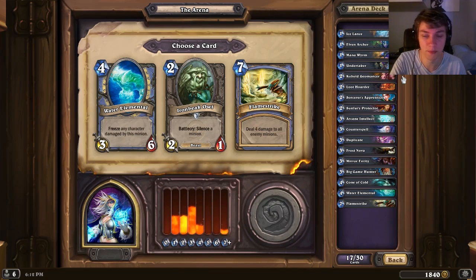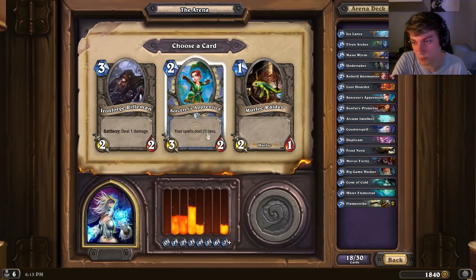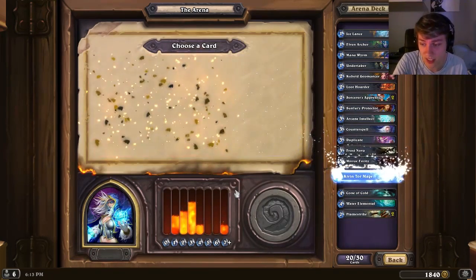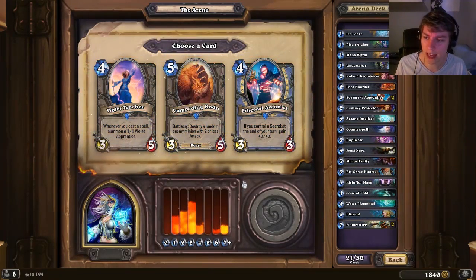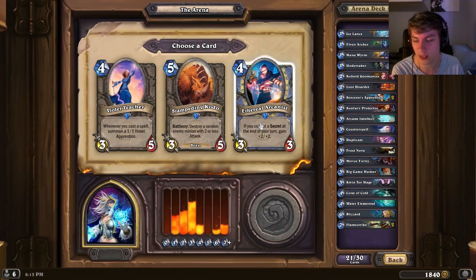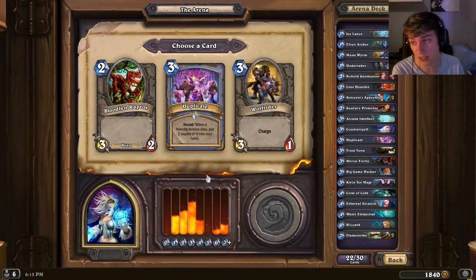Flamestrike. I don't really have to justify myself there. Flamestrike and Sorcerer's Apprentice, just because the other ones are not running anything. Kirin Tor Mage is running in the Secrets Mage. Blizzard is running in Freeze Mage. Okay, so we're getting some cards that are actually running things. Ethereal Arcanist and Violet Teacher are both run. Unfortunately, Stampede Encoder is better than both of them, but Ethereal Arcanist and Violet Teacher are actually run. I have 3 secrets, so I think Ethereal Arcanist is not that bad. I'll pick him up. Duplicate, again, is...